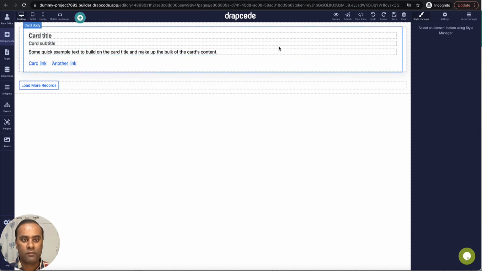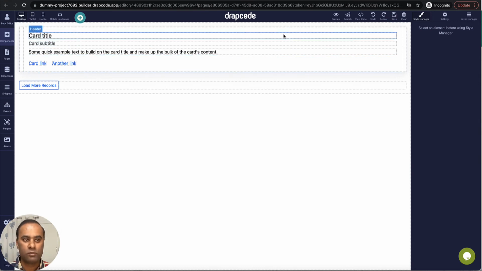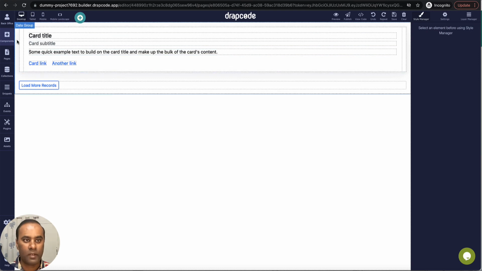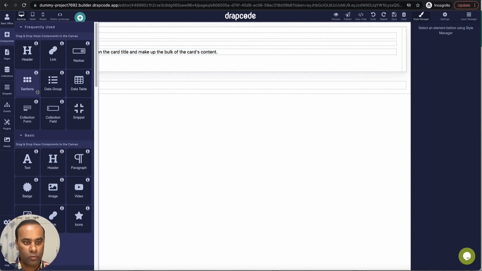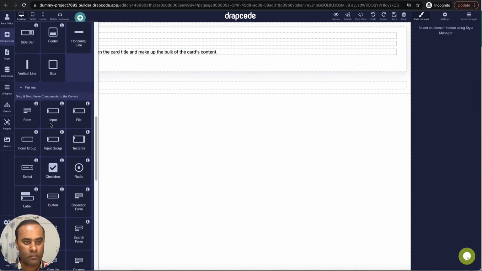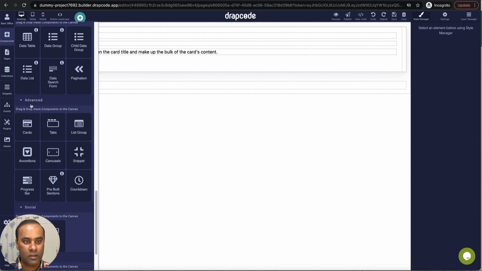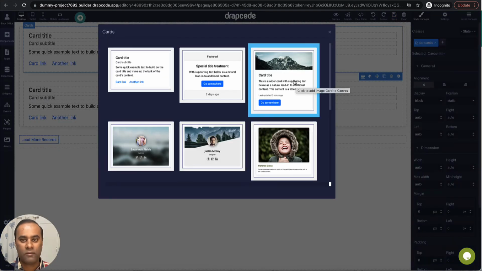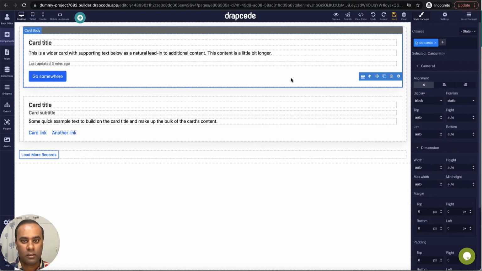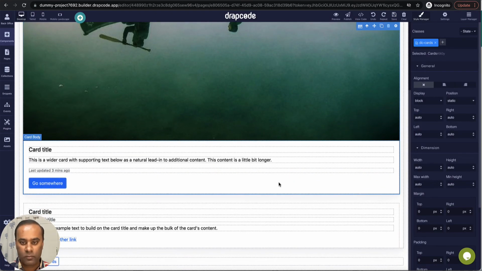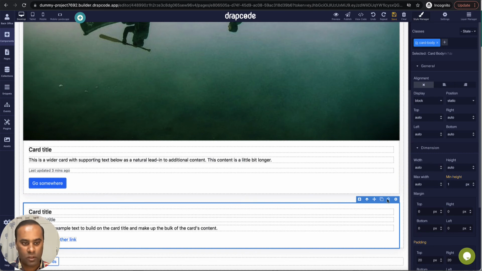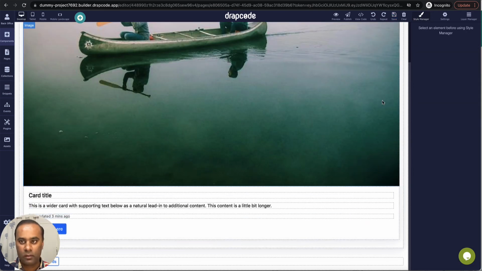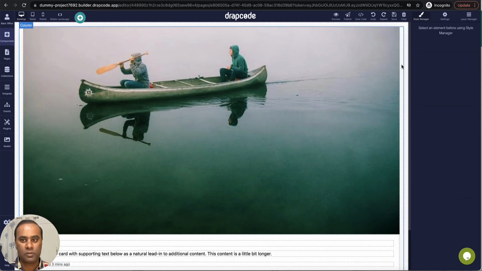So here, these are the default cards, but I don't want to use default cards. Let's use the cards which are designed or which are pre-built in the system. So I'll go to my components. In the advanced section, I'll go to the cards and let's drop a card. Okay. Let's say I want to display the person details in the form of this card. So I'll just choose this card. The card is here. I'll remove the default card body, which is not needed. And let's go and change the size. Since it is quite big, I want to display in the form of a smaller size.